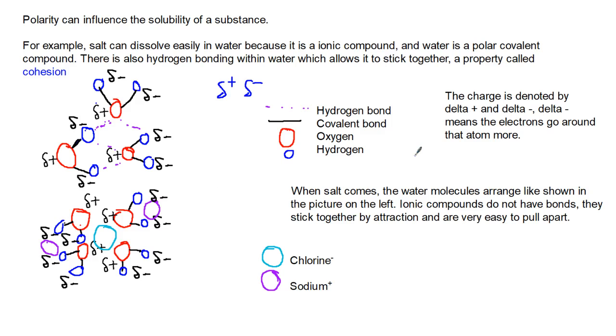We have Na plus and Cl minus. The Na gives the electron to Cl to give the ionic bond of NaCl. Sodium gets attracted to the slight negative charge of